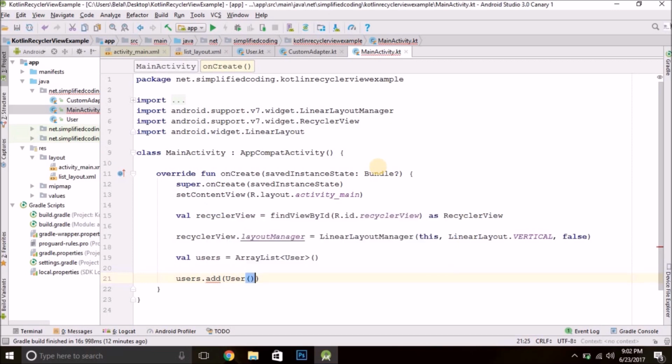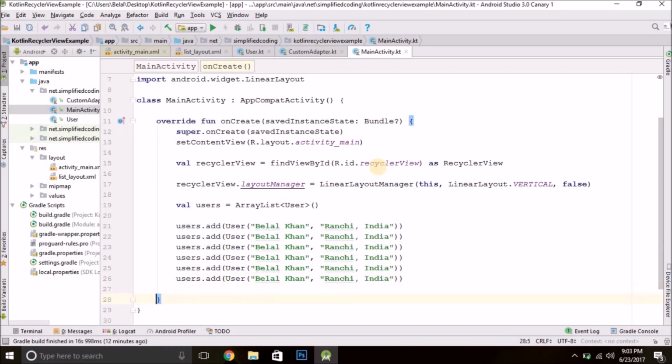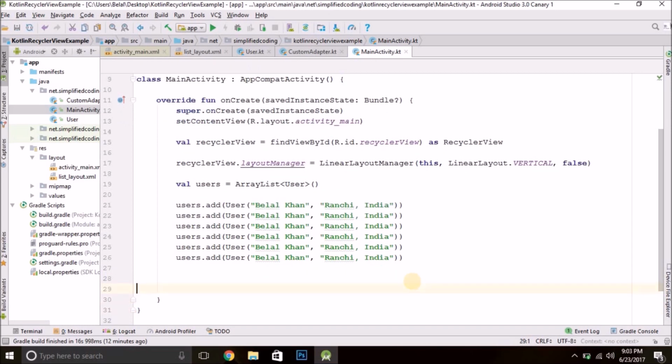Let's say User, and let's put my name, address. Now let's put some values. So you can change these values, but for now I am keeping the same values for each item. That doesn't matter. This is only an example.